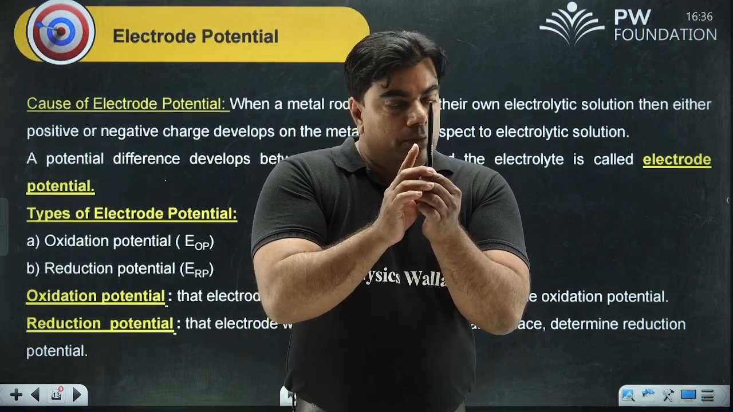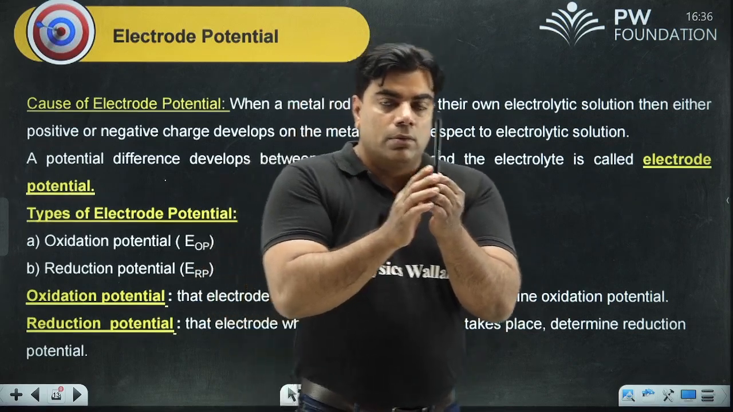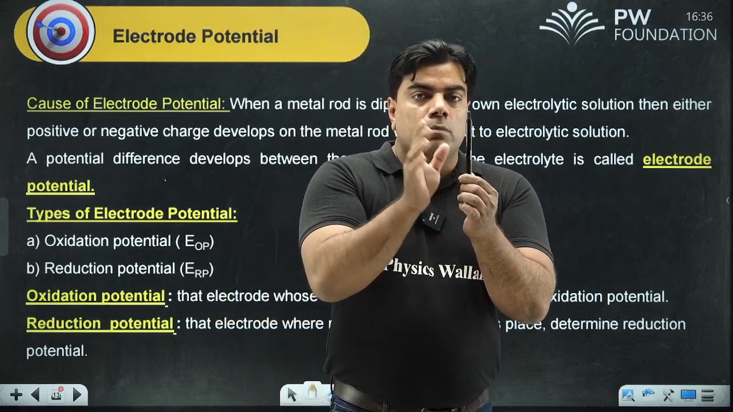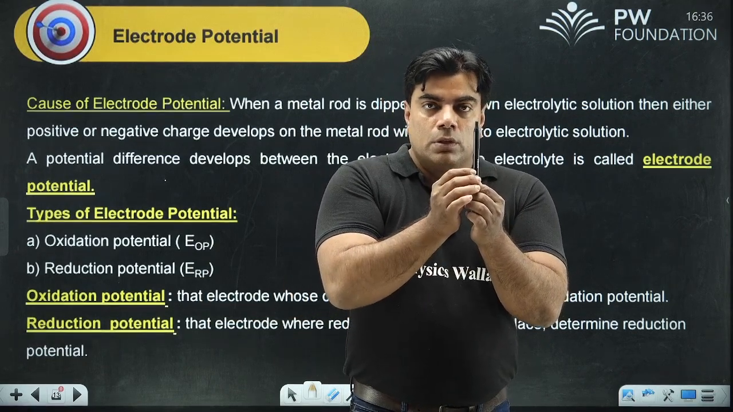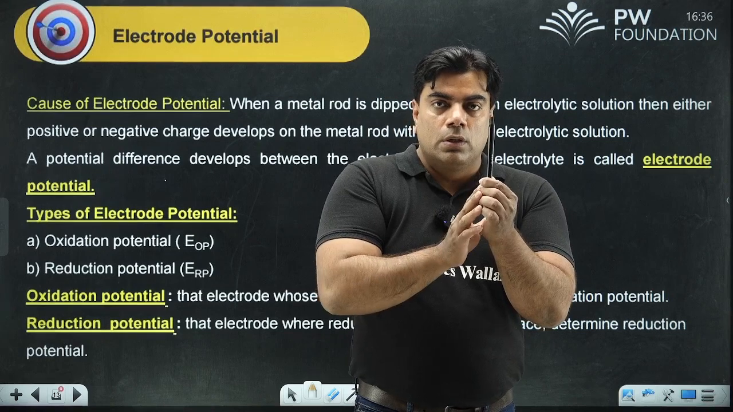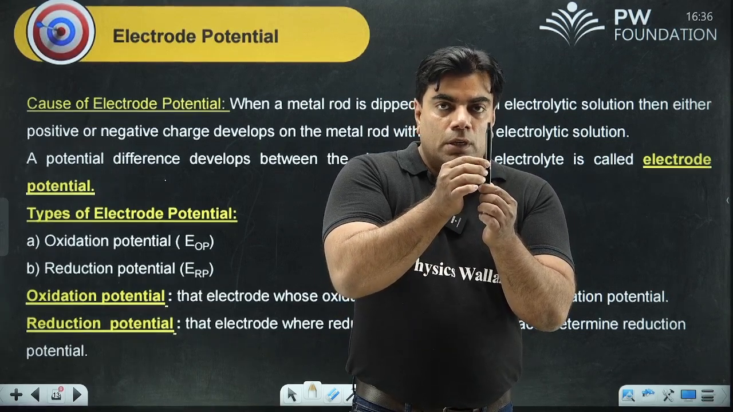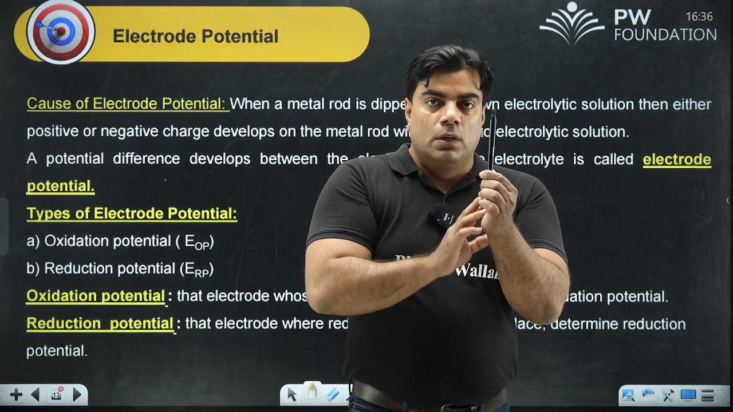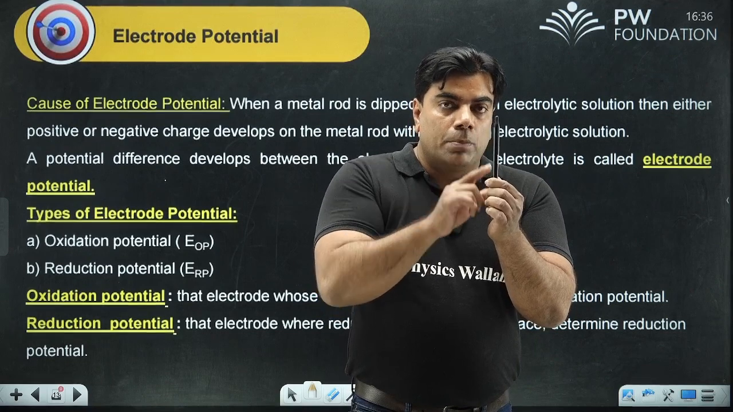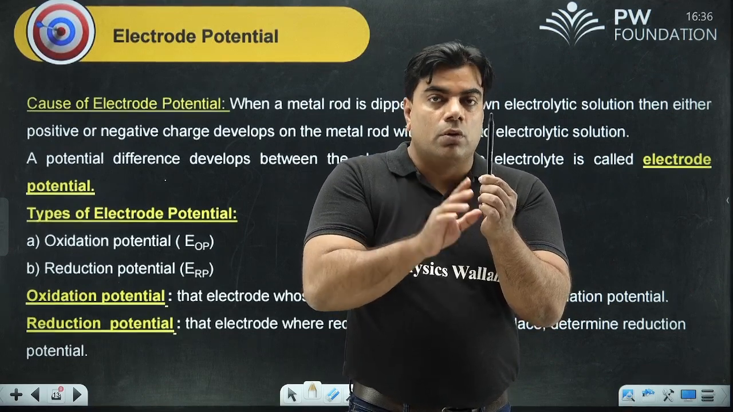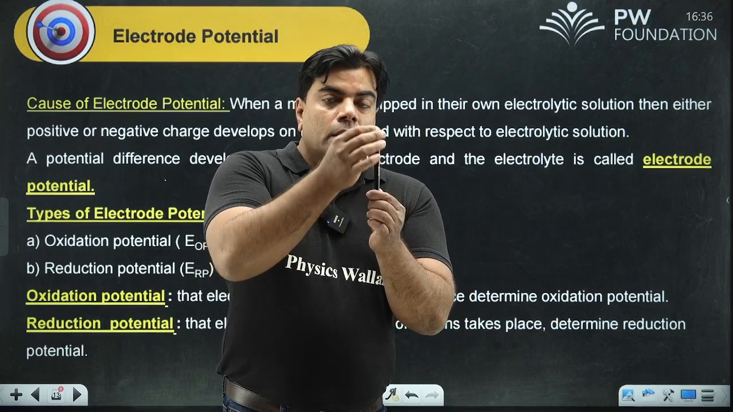If oxidation of this copper rod takes place, how can it take place? Listen carefully. The copper rod is made up of copper atoms. Copper atoms lose 2 electrons, and the copper cations, Cu2+ ions, come from this metal rod into the aqueous CuSO4 solution, and the 2 electrons of the copper atom remain